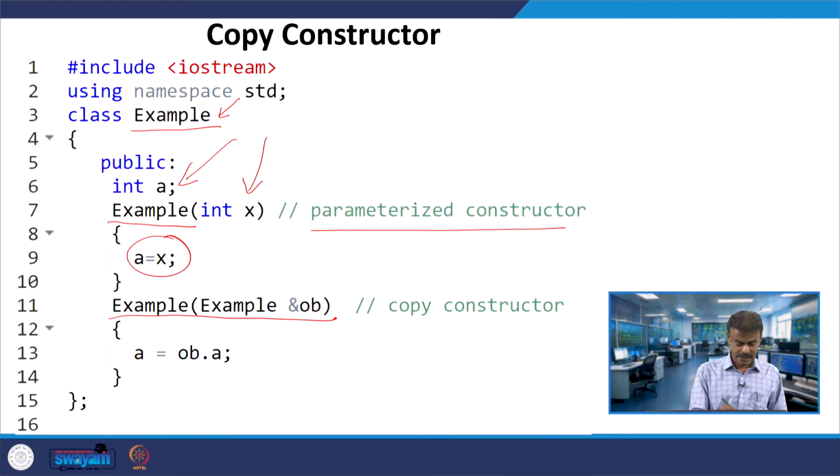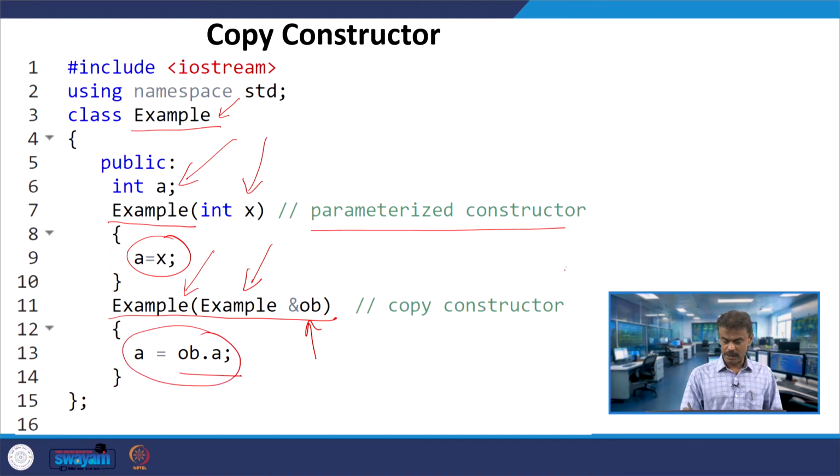Here you can see the name of the class, Example, and I am using an object reference, Example &OB, and a is equal to OB dot a. OB dot a is assigned to a. So, this we call the copy constructor. We will see in the main program how we can use this.